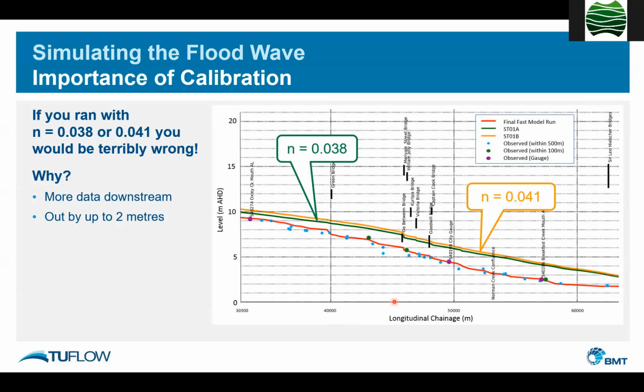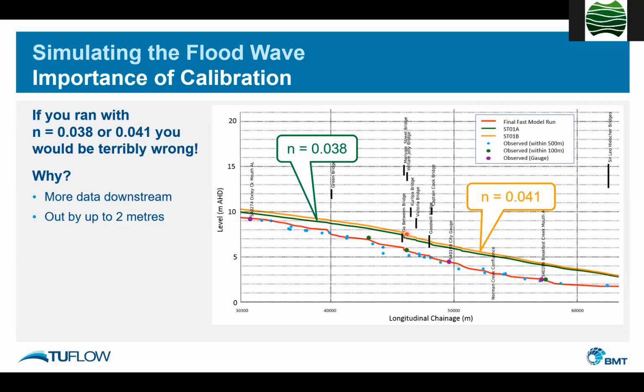And in reality, what was recorded there, there are some other gauges, such as these purple lines, and they are only peaking at those levels there. The green dots are peak flood levels within 100 meters of the stream center line, and the light blue dots are within 500 meters. So some of those will be out in the floodplain.